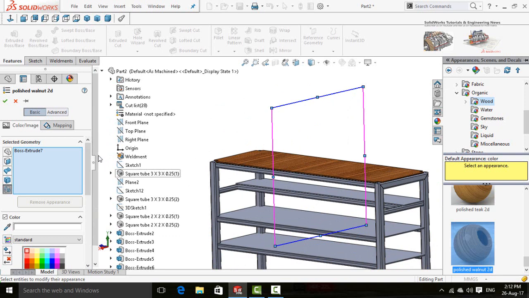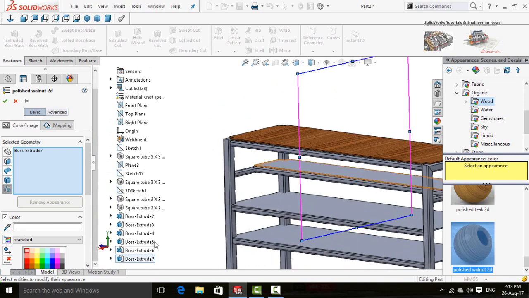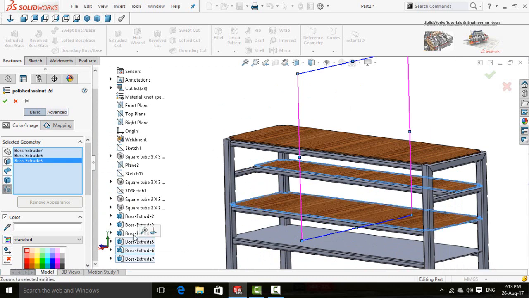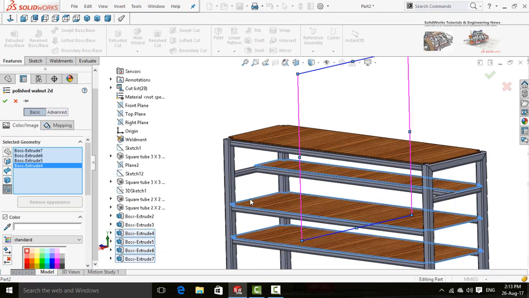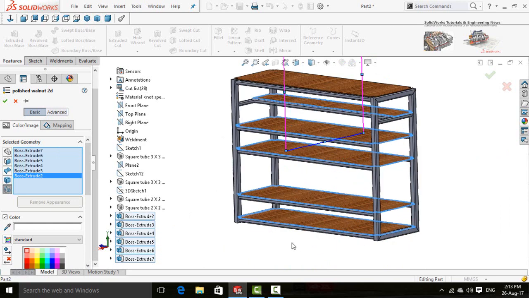Once the type of wood or appearance has been selected, now scroll down and select all these extrusions one by one. So now press OK button.